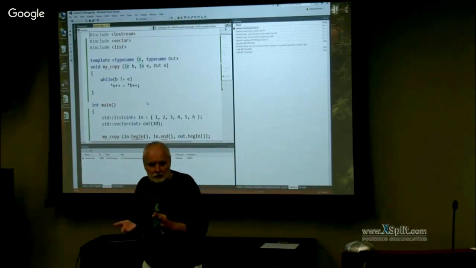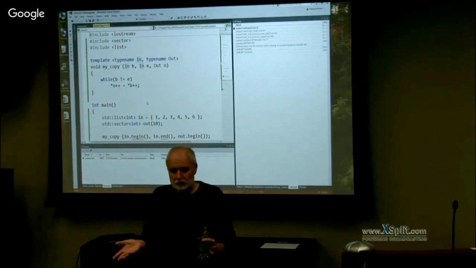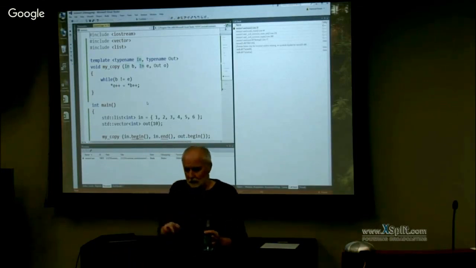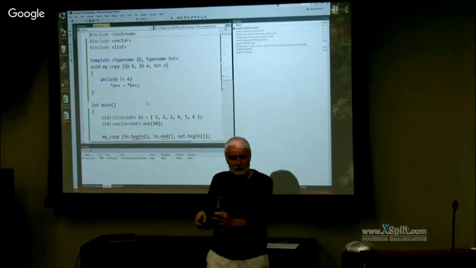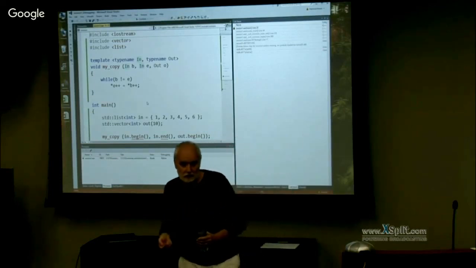Or reordering elements, because then the iterators might be valid, but they point to different elements. If you swap two of the elements, the iterators will just be exchanged. They will point to the wrong element.